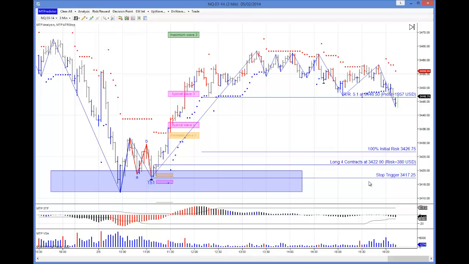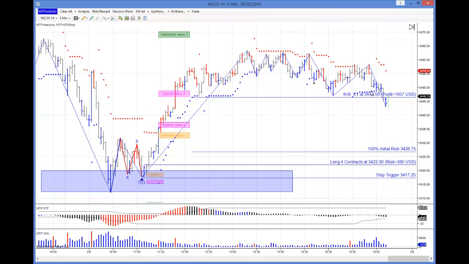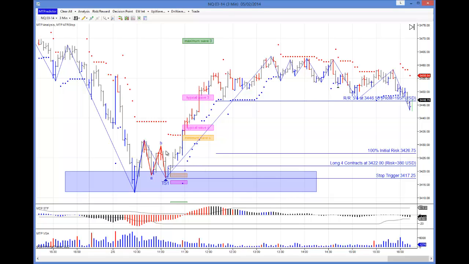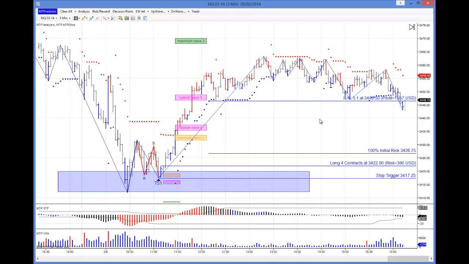Remember, we use correct position sizing to vary our number of lots, contracts or shares to keep our initial risk small, but more important, to keep our profits large in relation to the initial risks. And as you can see, the market unfolded absolutely perfectly up to this level here, very, very nicely. So you could have decided to take a 5R profit, in other words a profit of 5 times the initial